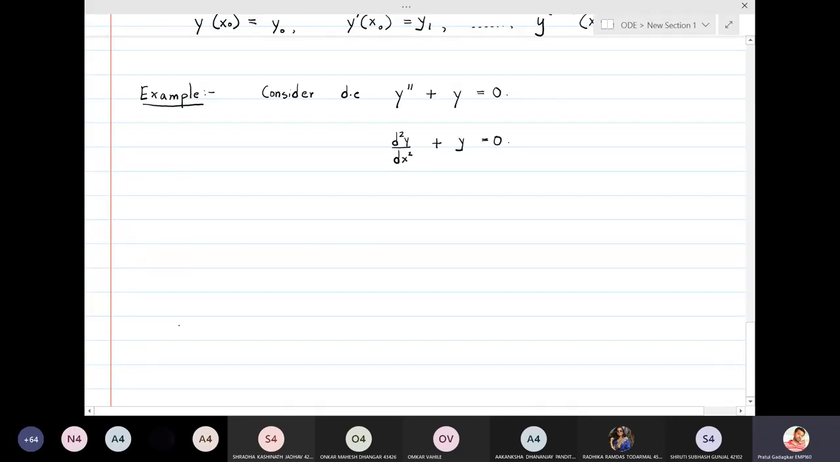This is the standard simple pendulum, where you get this type of differential equation, and you know that it is an oscillatory motion. The functions which represent oscillatory motion are sin x and cos x. That is why we get sin x and cos x. Okay, with